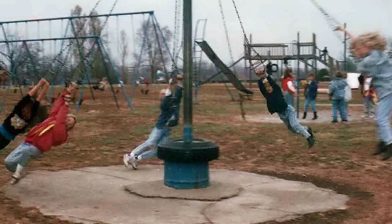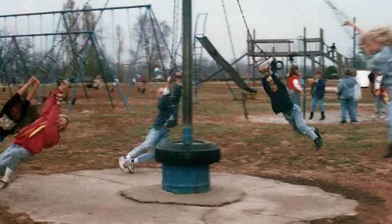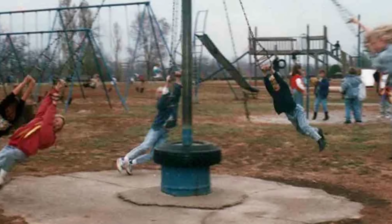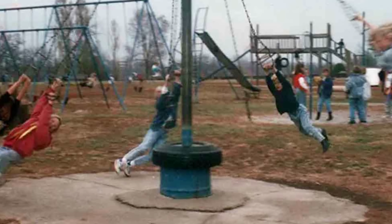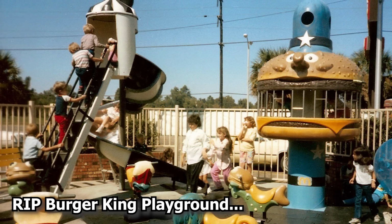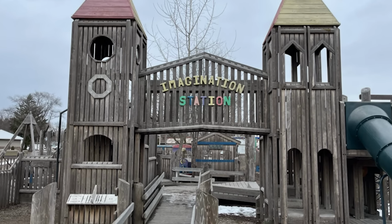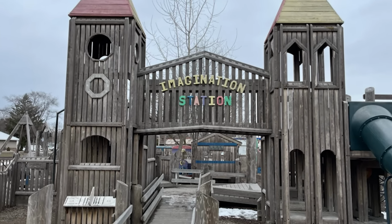As for the old playgrounds, many would meet their demise during this time, either for safety reasons or simply because communities were looking to modernize their public parks. But this change in priority didn't mean that there weren't still interesting playgrounds being made. It was during this new safety era in the 80s and 90s that many of the beloved wooden playgrounds would be built,